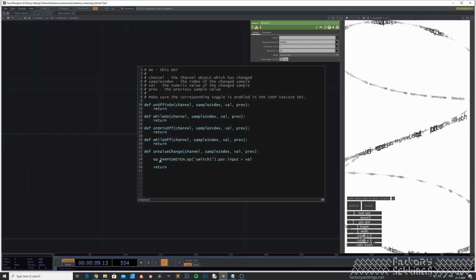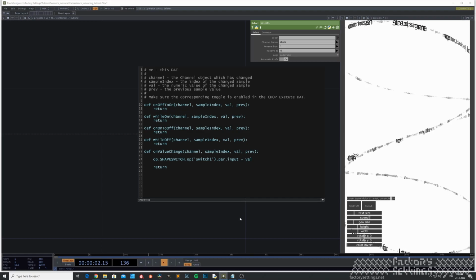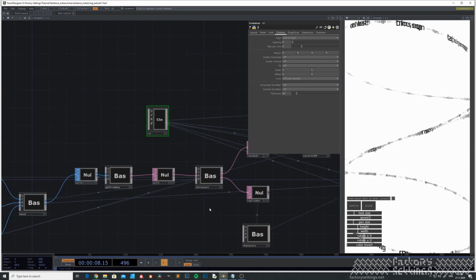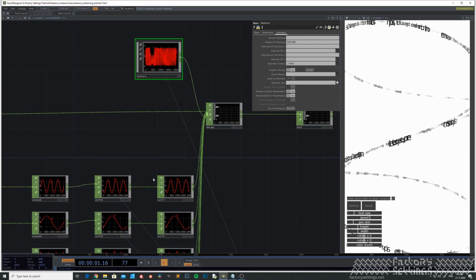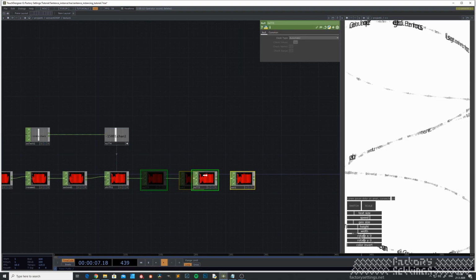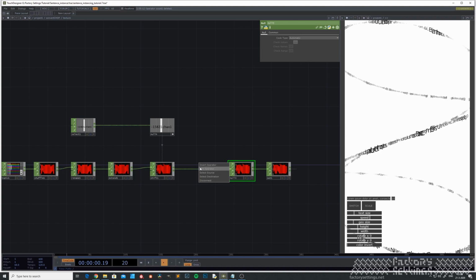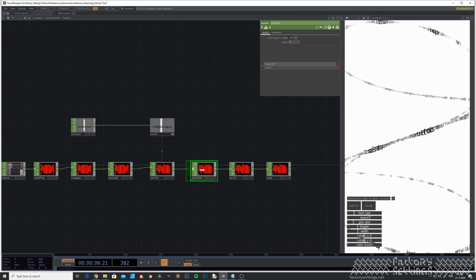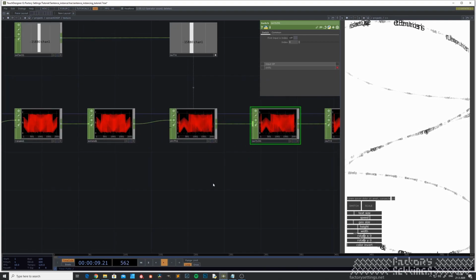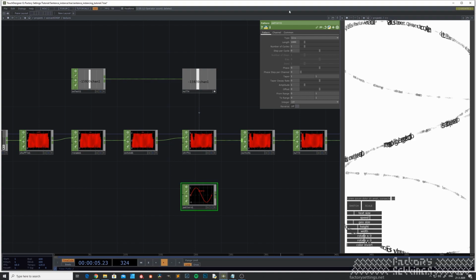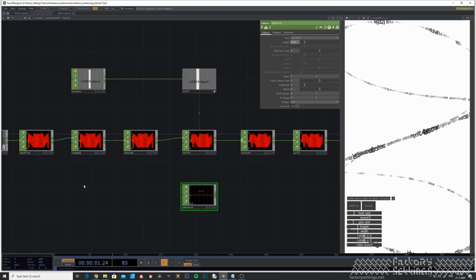Let's see. I think I'm going to put in some kind of constant value in here with a switch in between. So when I turn the switch off, it's looking at a constant value. So just pick a pattern, constant, the length, well,